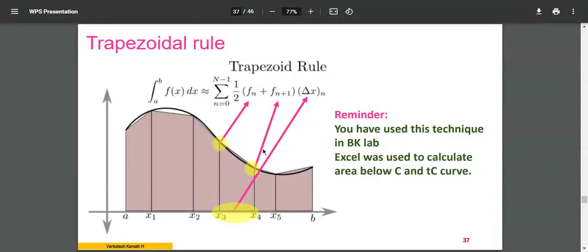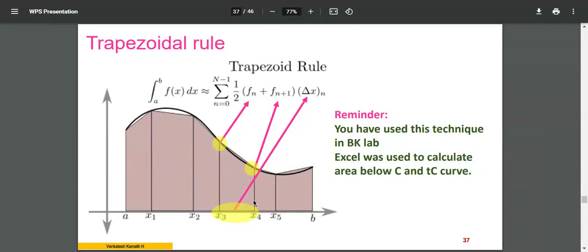I'll put 2 lines. Now this particular curve is almost a straight line. If it is not, I'll draw a straight line. How do I draw a straight line? The point where x3 meets the curve and where x4 meets the curve, keeping those 2 points as reference, I'll draw a straight line. You can see a small thin line here, which is a straight line. You can see that it has gone above the curvature, meaning there is a small error. There will be a small error when we do the calculation. Now the required thing is, I want to find out the area of that trapezoid.